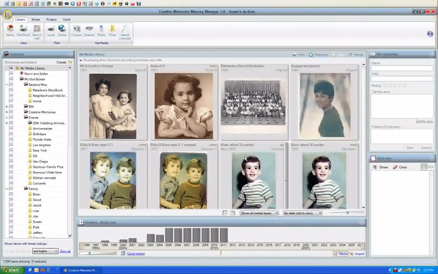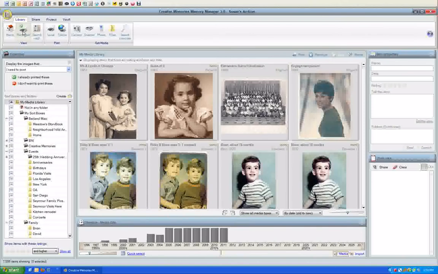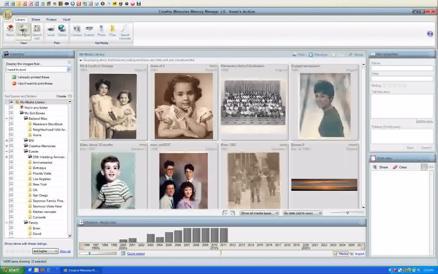Today I wanted to show you some additional features for the software that I use for organizing my photos. Some of the things I really love. Actually, I love everything. So one of the things I want to show you is Print Track. This program keeps track of the pictures I've printed and I haven't printed, and I can tell it which pictures I've printed. If I upload the pictures to the